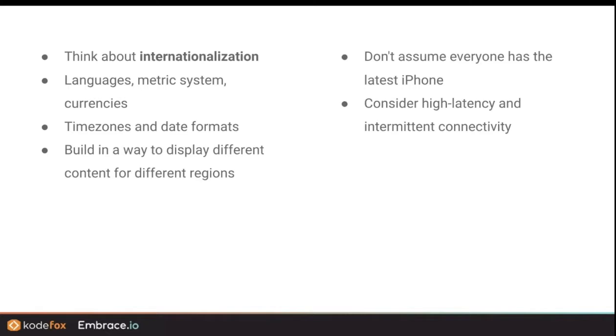If you're a small town bank in Idaho, you probably don't have to think global. You don't have to think about internationalization. You don't have to think about what devices are common in Asia Pacific or Europe. But if you're competing on the world stage, if you're building software at scale, you do need to think about these things. And it's not just the device landscape. It's also latency, intermittent connectivity. Thinking about different time zones, thinking about date formats, right? Metric system is a common one that people overlook. Currencies, languages, and an interesting thing when I think about displaying different content for different regions, right?